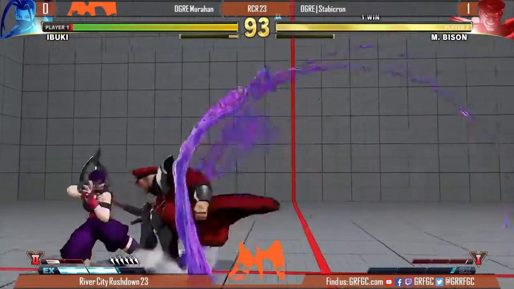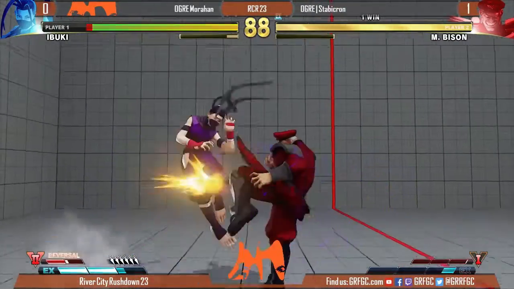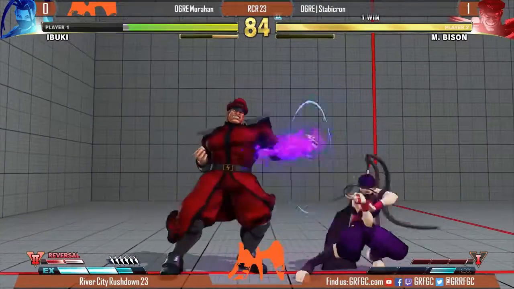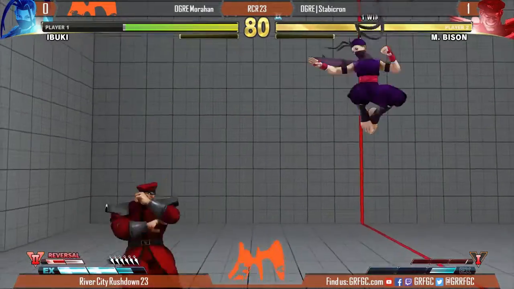Good anti-air from Stabicron. EX scissor kicks. Advantage on block. Code animal. And I ruined the stream. It happens. No, like I was saying,